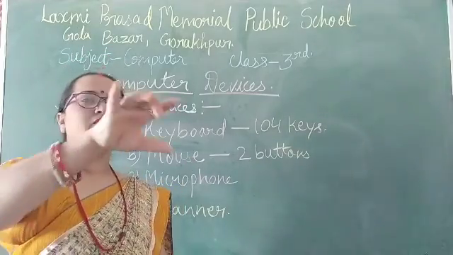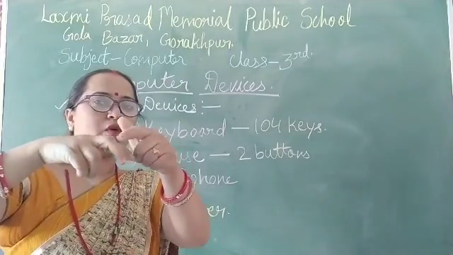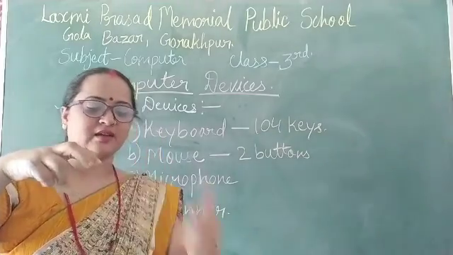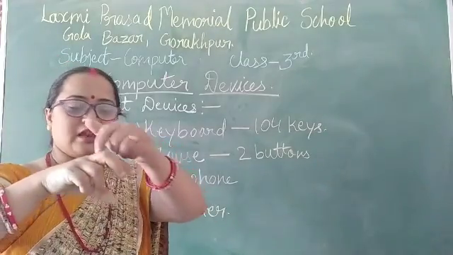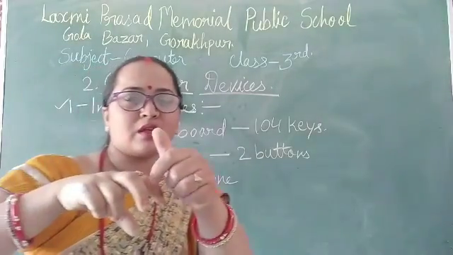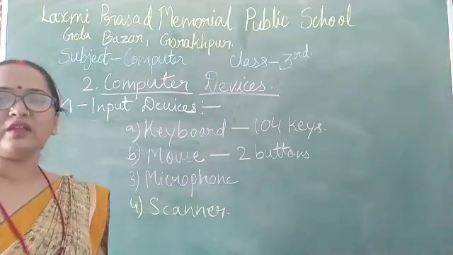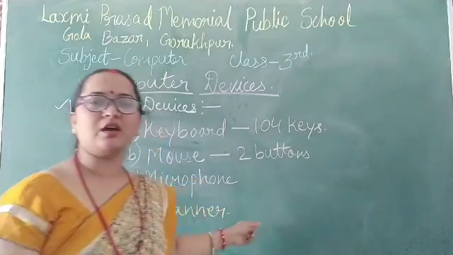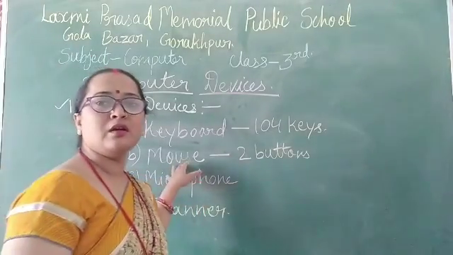If this is a mouse, it has 2 buttons: one is left and one is right. There is also a scroll wheel in the middle of them. Beside the scroll wheel we have two buttons, the left and right button, and between the left and right buttons we have the scroll wheel.